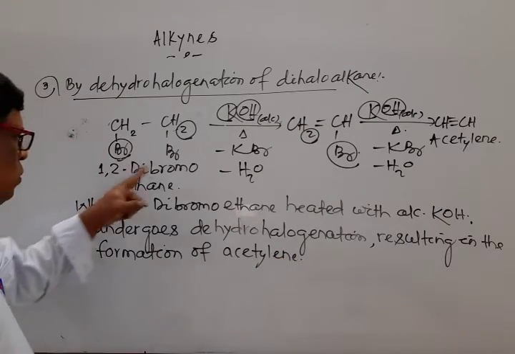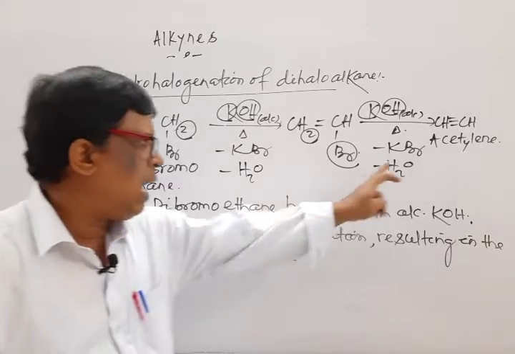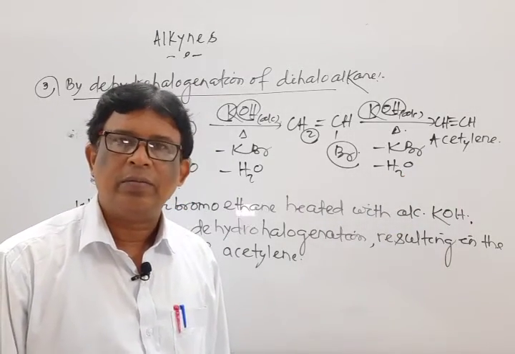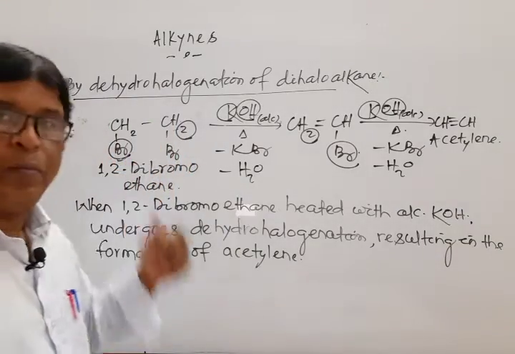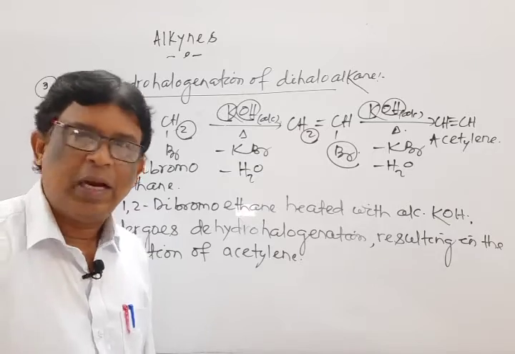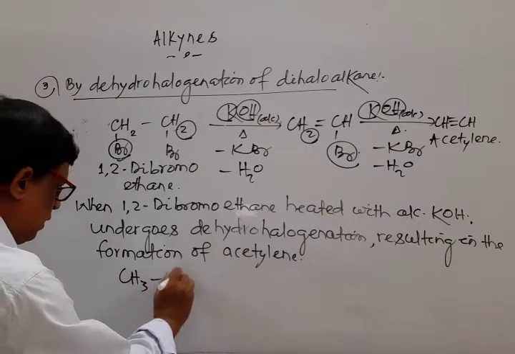I repeat again. 1,2-dibromoethane when heated with alcoholic potash undergoes dehydrohalogenation, resulting in the formation of acetylene. It is one example of vicinal dihalide. Next, we select an example of geminal dihalide. Mark that. CH3,